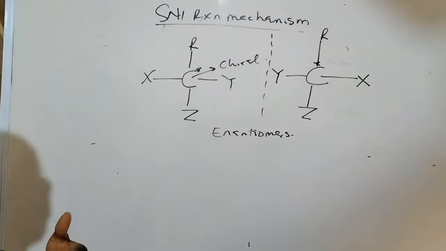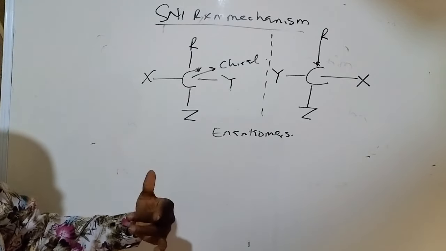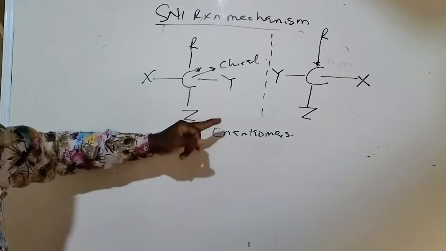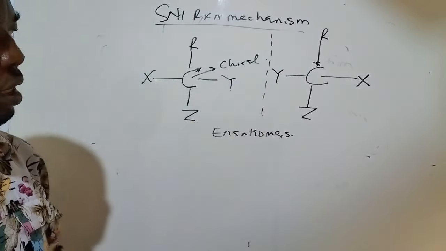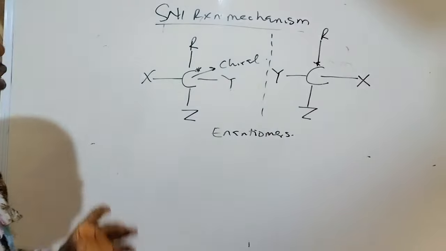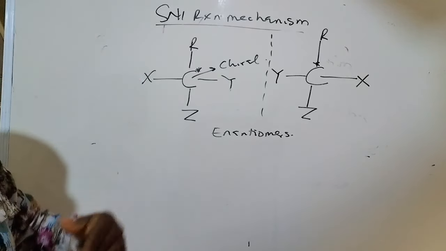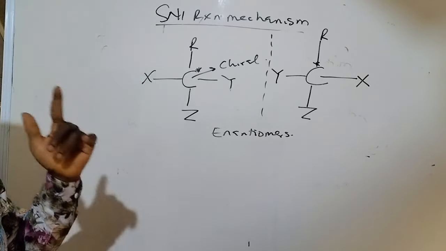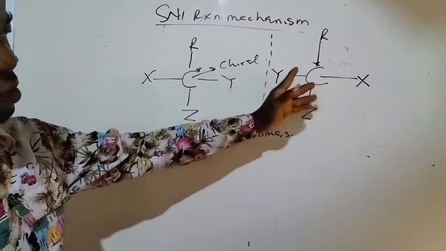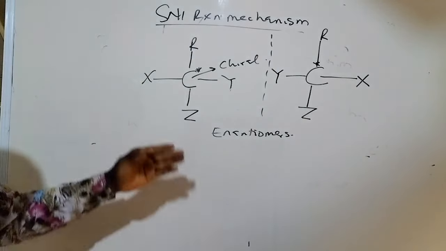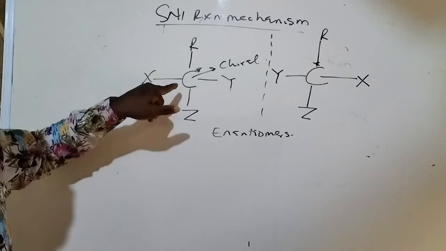So in the SN1 mechanism, we are very careful of stereochemistry. If the compound produced as the final product has a central carbon that has 4 different groups bonded to it, it is going to produce its counterpart, its enantiomer, in equal amount. That is what is meant by racemization, and that is a key feature of the SN1 mechanism. But mind you, if the compound produced is not chiral in the SN1 mechanism, it will not undergo this process. We will not only have 1 product. We are going to have these 2 products if the compound produced is chiral, containing a central carbon bonded to